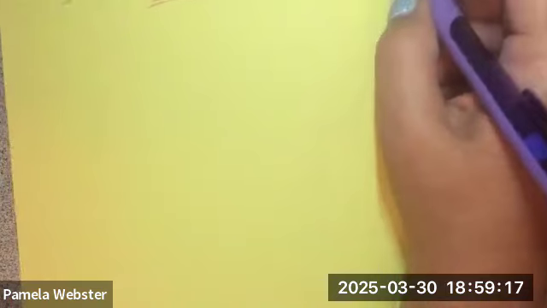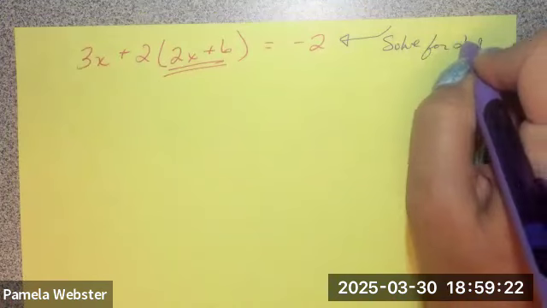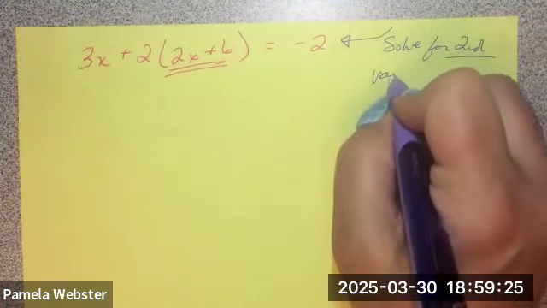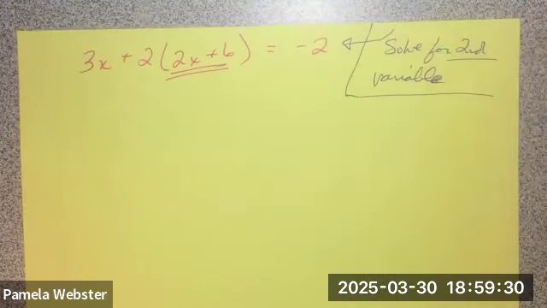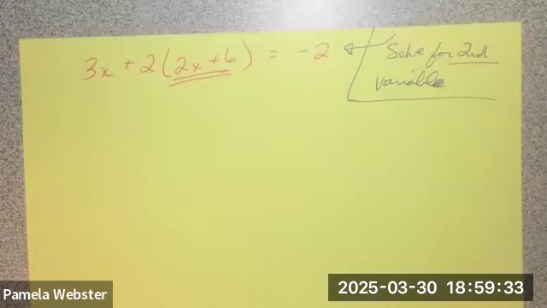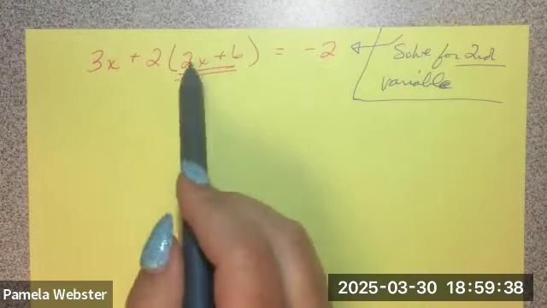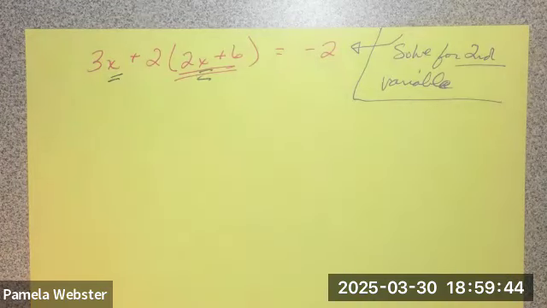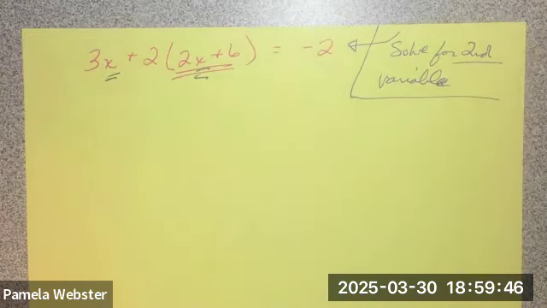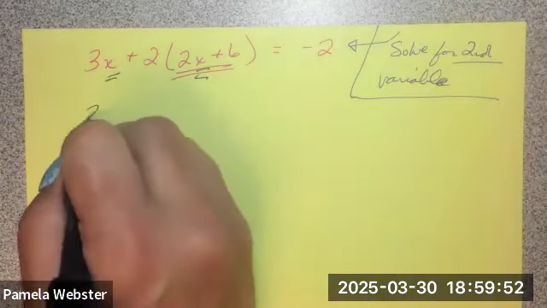Well, it's not all I'm doing, because now I need to solve for the second variable. What this substitution does for me is, I picked the y value. You could have picked the x value. It doesn't matter. But one of my variables is going to go away. When I substituted in for that y value, I only have x now. There's no more y. So one of those variables went away, and now it becomes very easy for me to